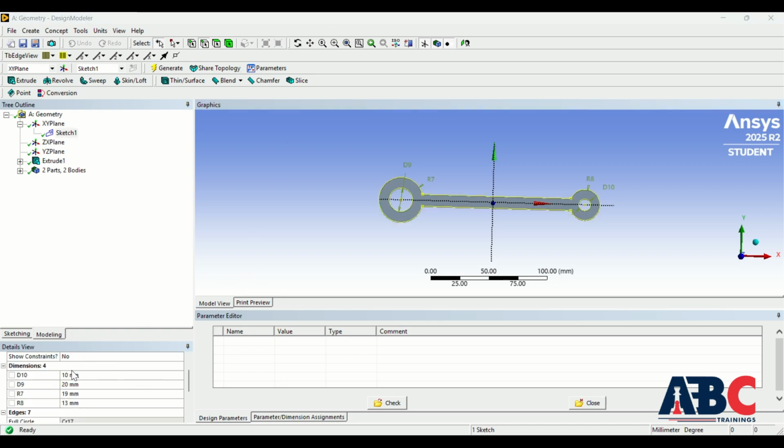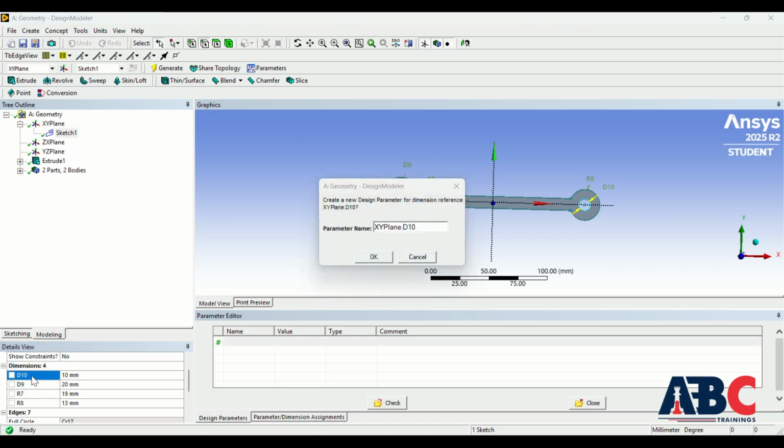Now you can see this 7 is this 7. I'm just clicking on it, and this DE10, and give the name as LHID